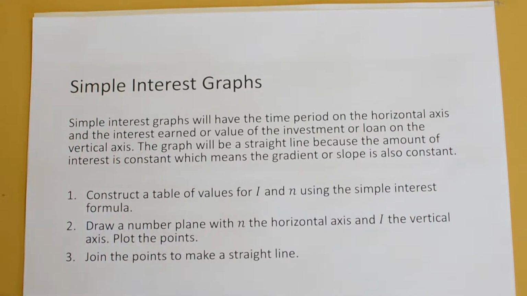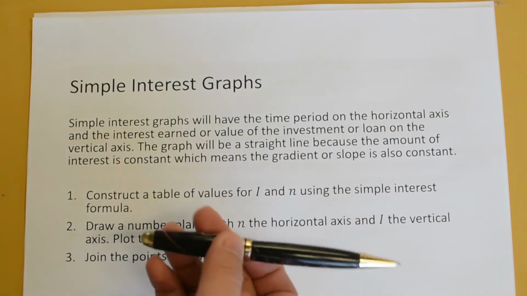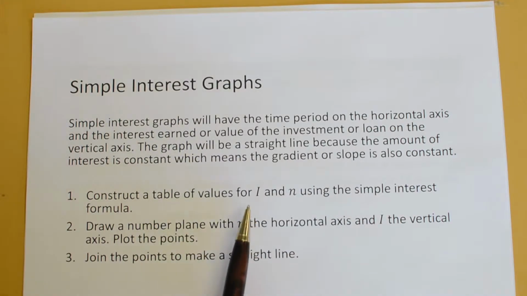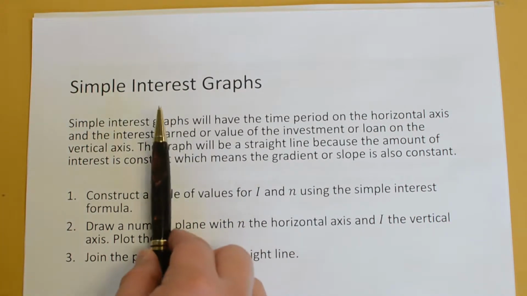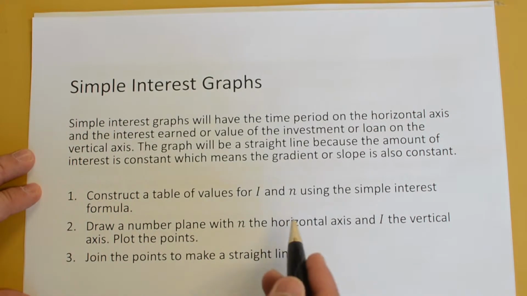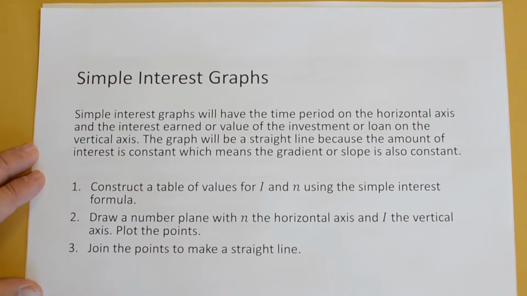So we've got our plane, which goes this way and that way, so that's the y-axis, and this would be the x-axis. We have our interest earned on the vertical, so as you earn more interest, the line graph will go up, and as you go along with time, your line will go across, because time will be on the